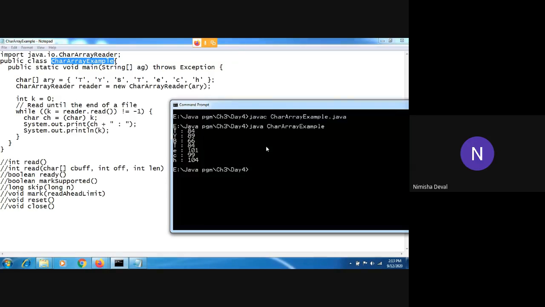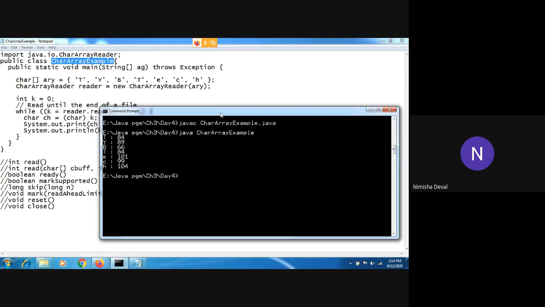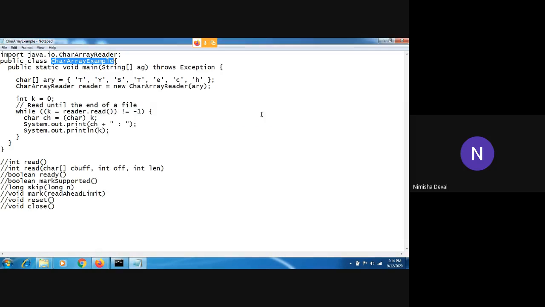So the main use of this character array reader is to read the data character by character from the user or from the file. So I will move towards the next example, that is the character array writer.